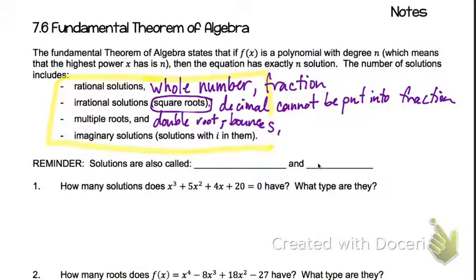And I think we may see one example of a triple root. But that would be, for example, if you had x minus 3 to the third, then x equals 3 would be a triple root. So if it's to the third. And then imaginary solutions are solutions with i in them. They do not cross